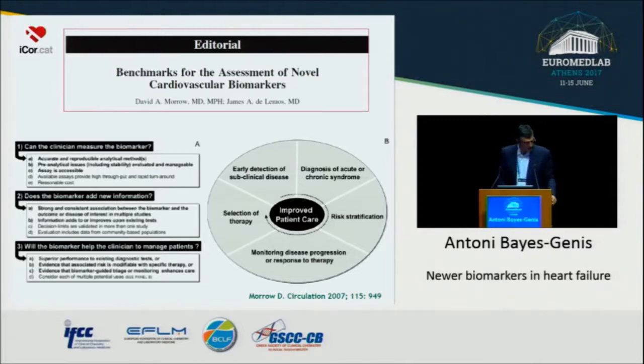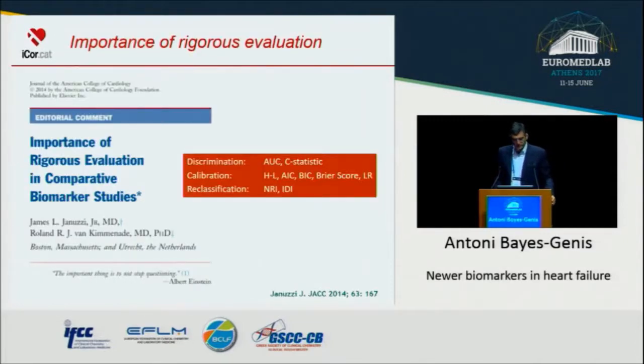And to answer these three questions, the biomarkers need to go through important rigorous evaluation. This evaluation means discrimination, calibration, and reclassification. Nowadays, area under the curve is not enough to say that the biomarker is valuable. You need to make sure that area under the curve is significant. You need to make sure that the model that you generate with the biomarker on top of it has a good